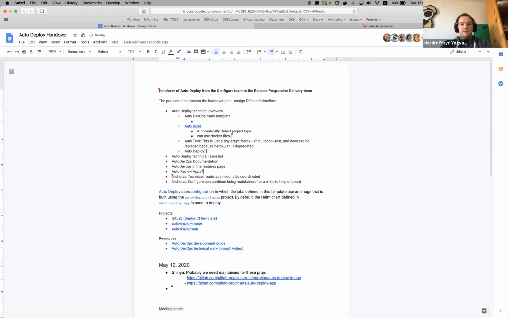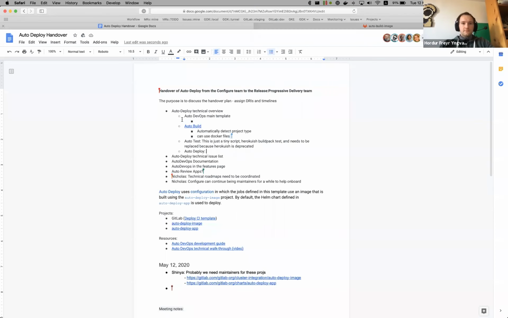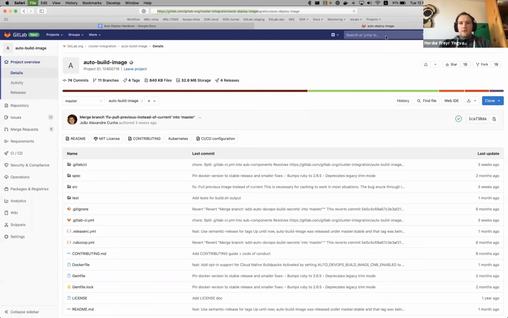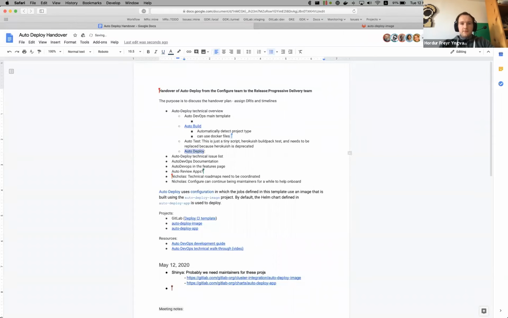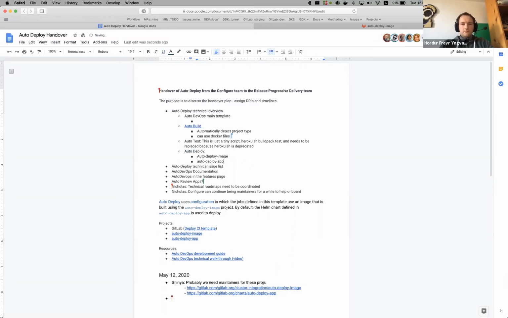And then auto deploy, this is primarily auto deploy image and the template to a lesser extent. No, I copied the wrong one. Oh, and auto deploy app, so let me cancel that. Yeah, so auto deploy image